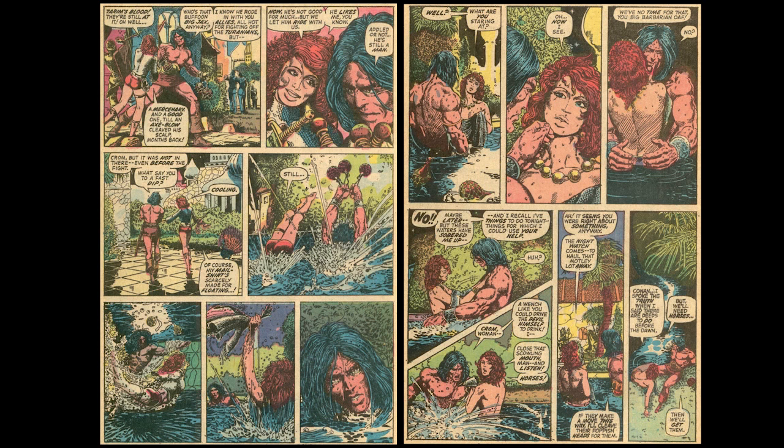But I was never able to afford any, and it's just one of those things. Sometimes with comic art, you can just admire it and not have to own it. I think whoever has these pages, they're lucky bastards. I love them for it. But I feel like you shouldn't own everything you want. I think there's a problem there, and I've always just admired these. And I've had opportunities for one or two things, but they weren't pages that I was in love with. They were just nice pages,